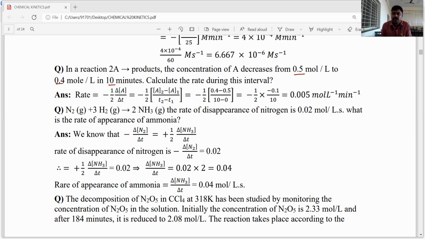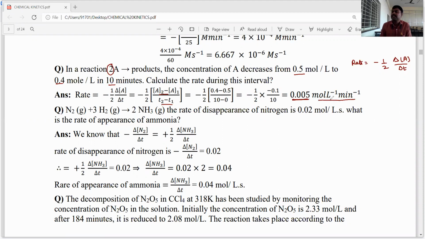So for this reaction, the rate expression is: rate equals minus, since 2 moles of A are present, 1/2 into change in the concentration of A by change in the time interval, minus 1/2 into delta A by delta T. Delta A is nothing but A2 minus A1, and delta T is nothing but T2 minus T1. Minus 1/2 into the final concentration of A, 0.4, minus the initial 0.5, divided by 10 minus 0. On simplification we will get 0.05